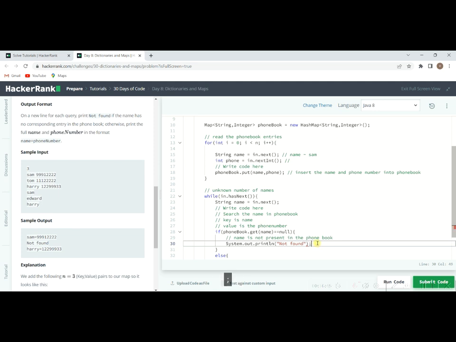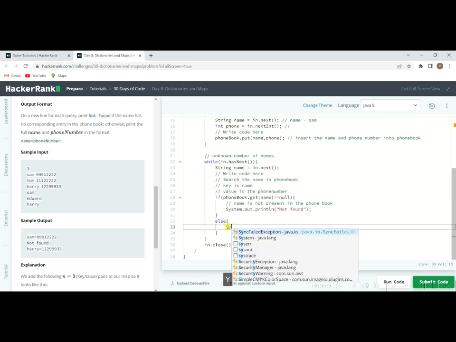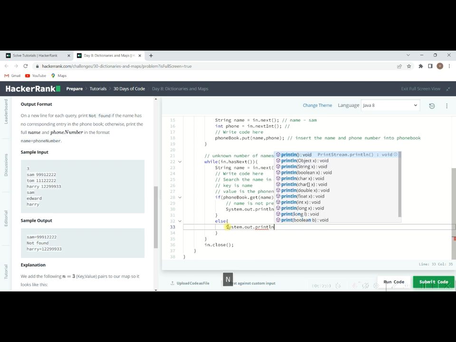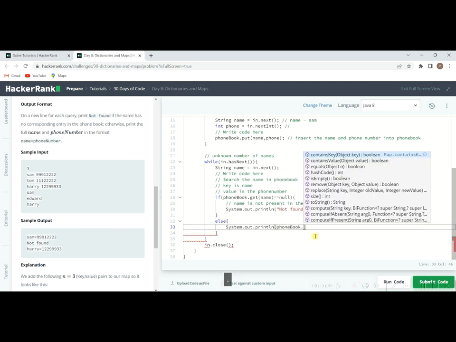So I'm just copying it from there. Next, if it is found, System.out.println. What is the first thing you need to print? You need to print the name, phone book dot